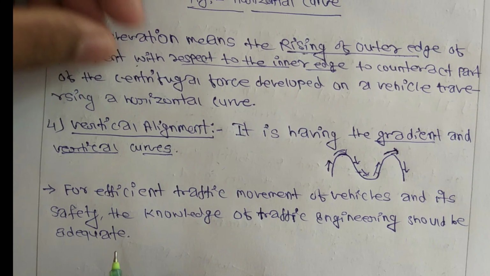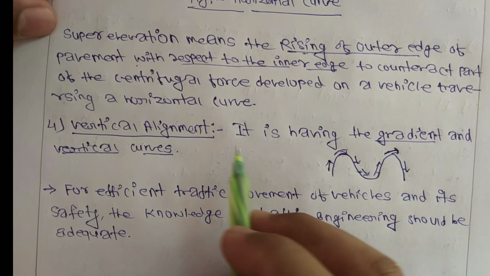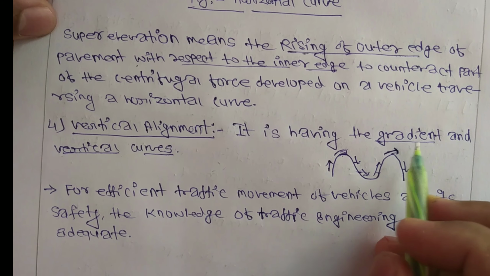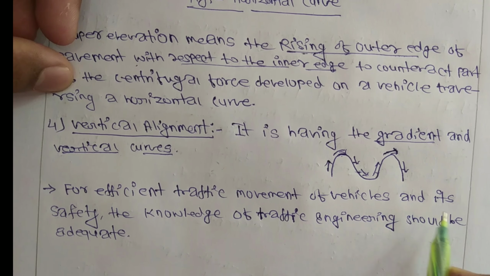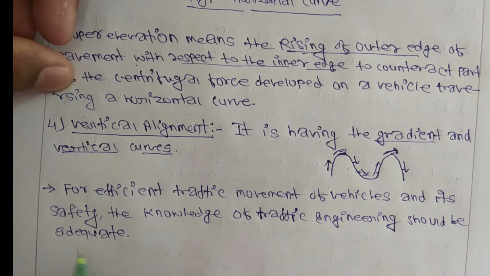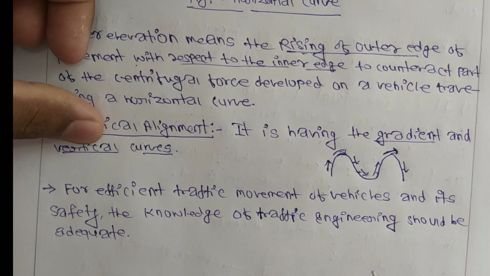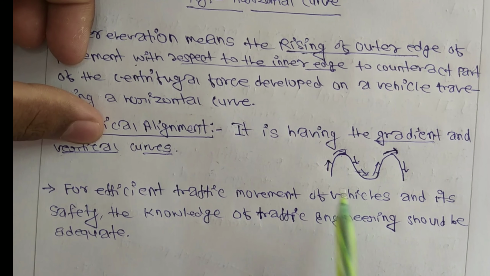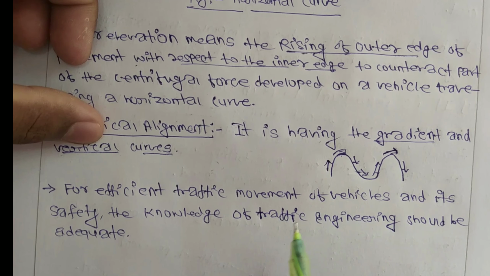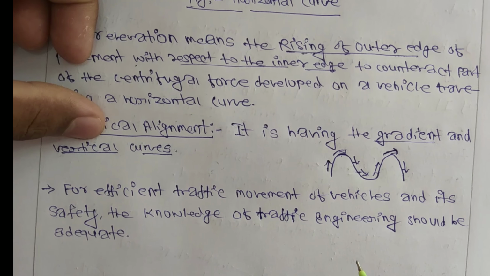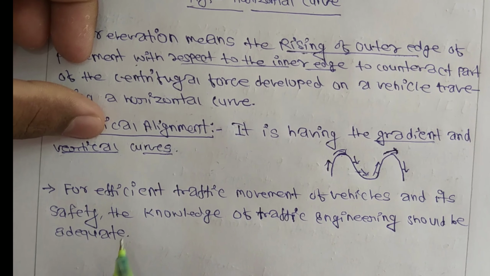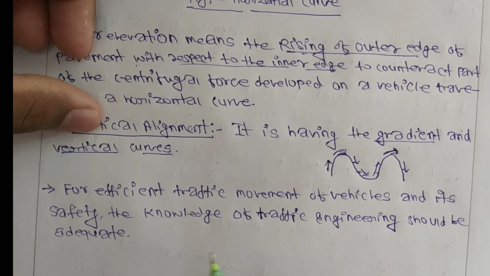Moving into the next, that is vertical alignment. In this it is having the gradient and vertical curves. And the next point is, for efficient traffic movement of vehicles and its safety, the knowledge of the traffic engineering should be adequate. It means the traffic engineering designer should have adequate knowledge in this condition, so that he can design the vertical alignment as easily as possible to meet the expectation level of the vehicles following. Moving into the next point, that is